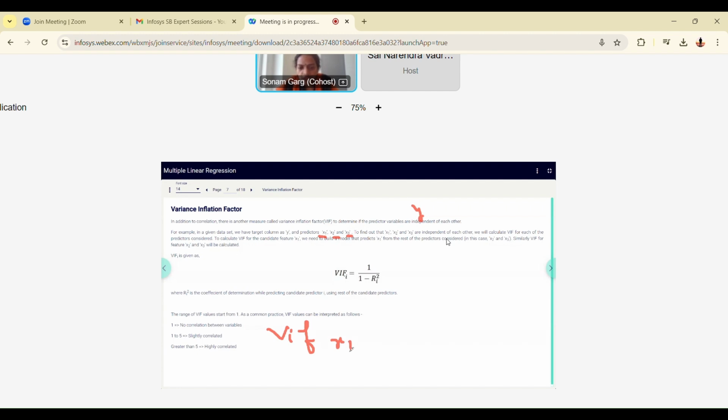We'll create a model, we'll treat this as y, and we'll predict the values of x1 on x2 and x3. So we'll treat this set as x, this set as y, and we'll find the relationship between whether x2, x3 can predict y or not.